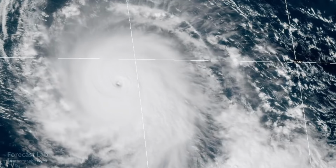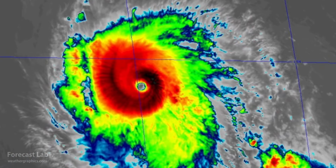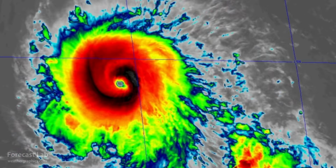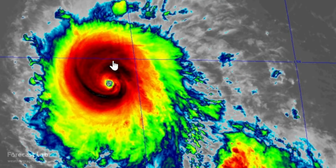washing machine action going on there in the center. Let's take a look at that on the infrared imagery. This is a lot more useful for tracking the strength of the storm. We can kind of assess the structure and look at trends over time. And we definitely see an annular structure here with cooling of those cloud tops reflecting some strengthening over the past